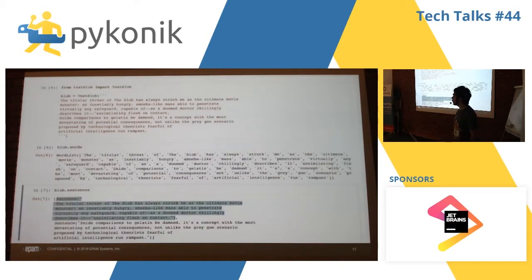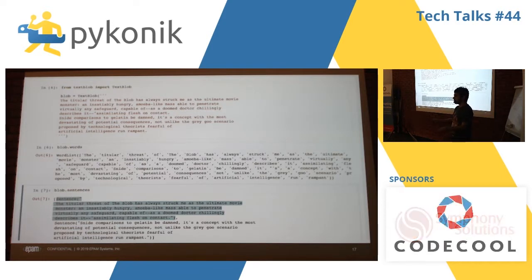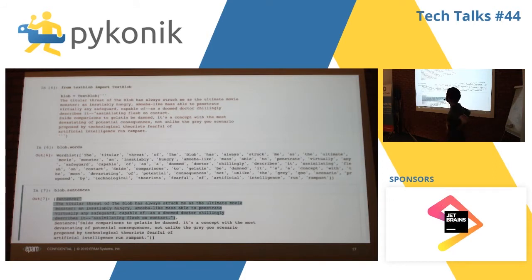So how does the TextBlob API look? First of all, I didn't mention the installation process of TextBlob because it's pretty simple. If you are familiar with Python, it's just pip install textblob and you've got the library. First, you import the TextBlob class, and you give it a text. That's it, actually. Then you can interact with the TextBlob.